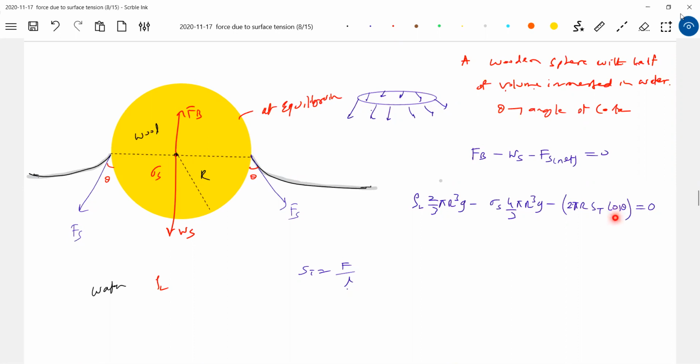That's why this theta will come into picture. So students are thinking that they want to resolve only these 2 forces. That is a very poor imagination. A plain diagram means you don't know anything about it; you have never seen any spherical object floating in a liquid and how the water will be.